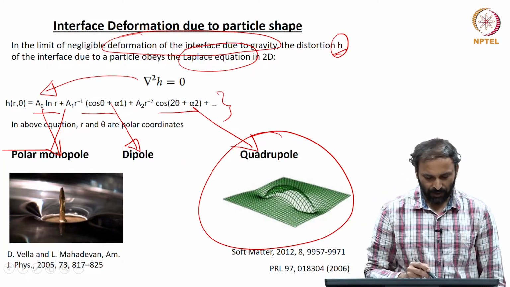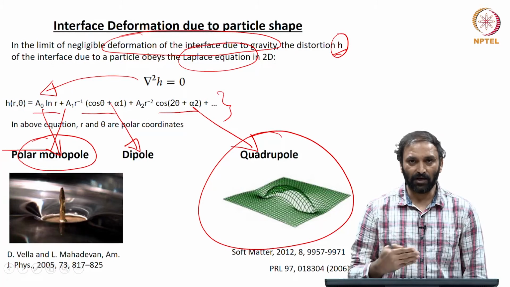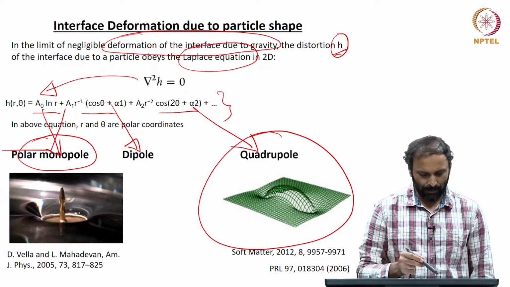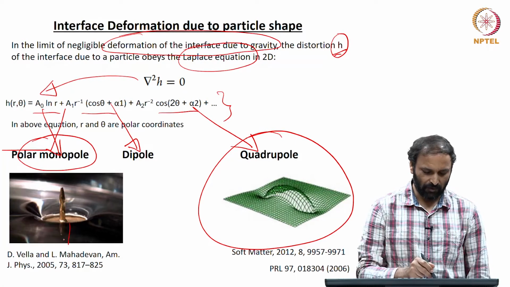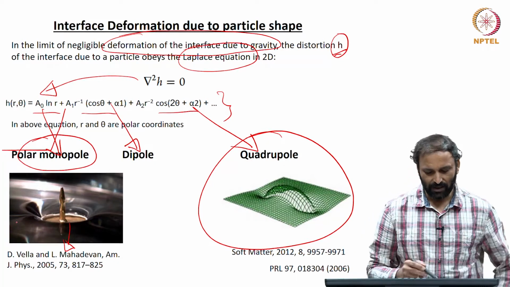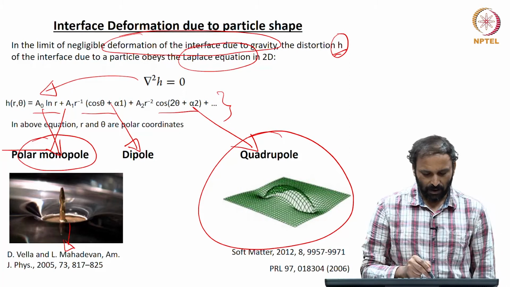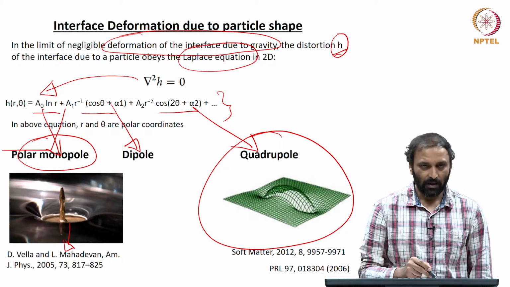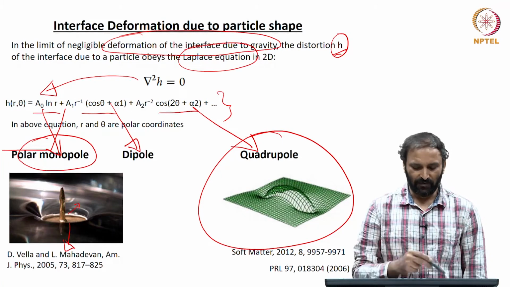earlier. And monopolar deformations are typically observed when we have a spherical particle at the interface. Also, this is an example where there is a pin positioned at the interface, and because of the weight of the gravity that is acting on the pin, you see that the interface is actually pulled up. Okay, and if you look at such monopolar deformation, as I mentioned earlier, there will either be interface elevation at a given r location, or there will be interface